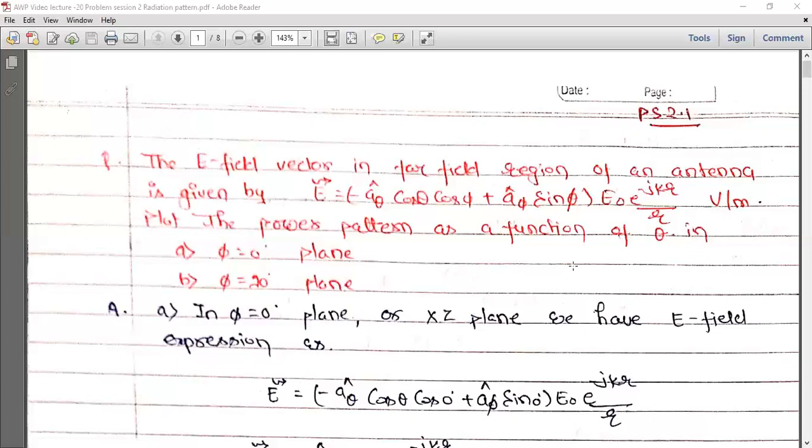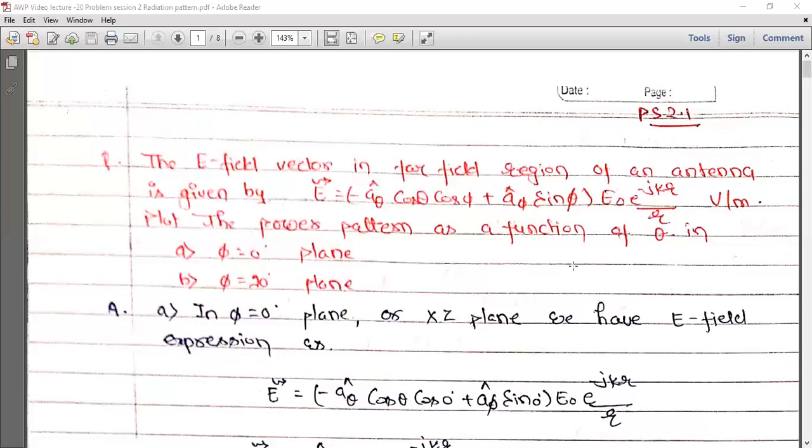Now the third thing to understand is the phi equals 0 degree plane and phi equals 90 degree plane, in which we have to plot this power radiation pattern. So the phi equals 0 degree plane, as we described in our first question last day, is the xz plane. For any point lying in the xz plane, phi is always 0. Remaining, you cannot say anything about theta and r. R depends on the distance of the point from the origin, and theta depends on the location, but phi is always 0 in the xz plane. And similarly, the phi equals 90 degree plane is the yz plane itself.